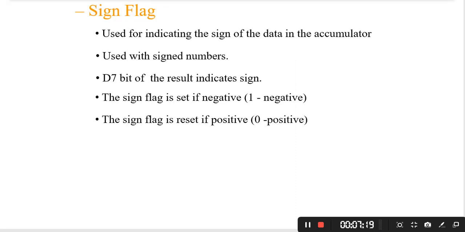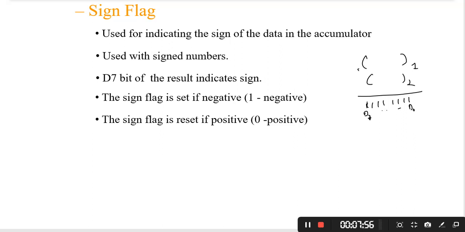So if we talk about firstly the sign flag, the sign flag indicates whether the result is negative or positive. For example, if we are doing any operation with two data, either addition, subtraction or any logical operation, and during this operation we get a result like 11111111, where this is the D0 bit and this is the D7 bit.